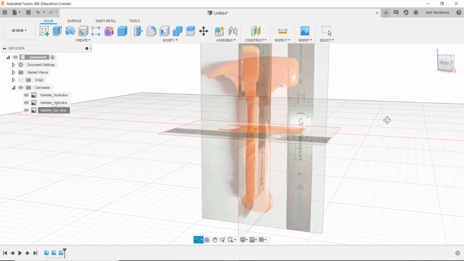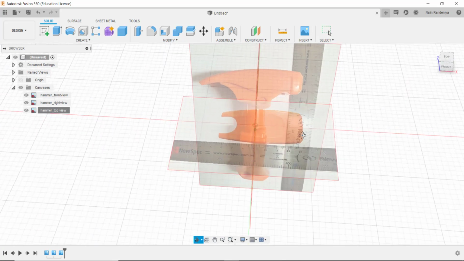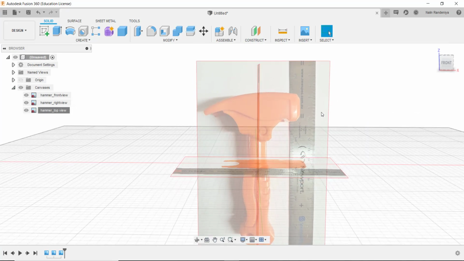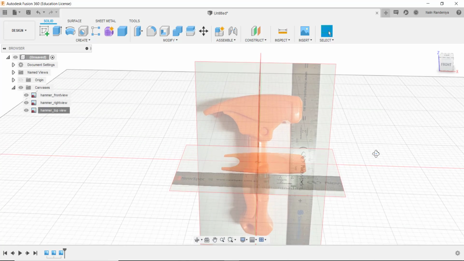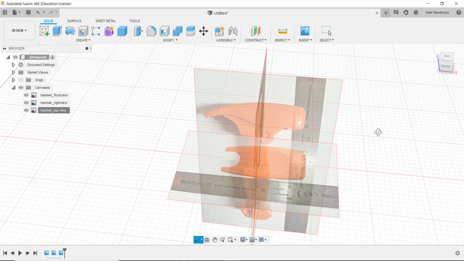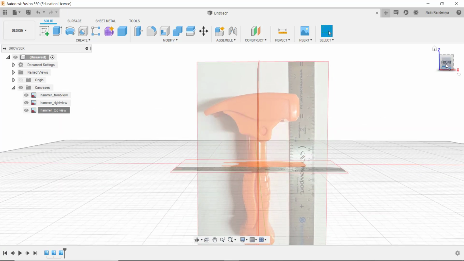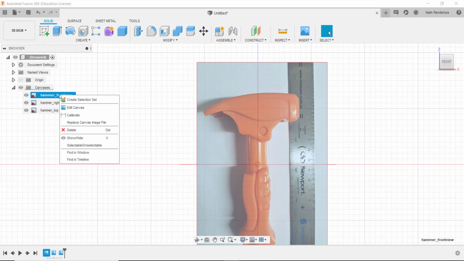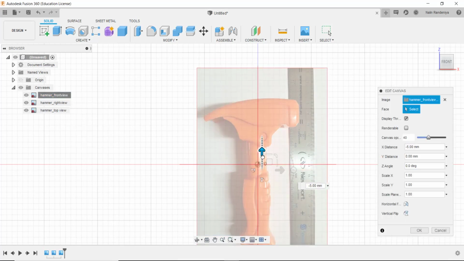Okay, so let's have a look around. So the top view is actually showing something, this hammer head where my mouse pointer is at, that section. So this is actually not a cross section, so it's really difficult to have the exact position and represent all the features. So we can do as close as we can. So I'll go to front view. What I'm going to do is have this top face sitting on the x-axis right here. So I'll move it down. Front view, right click, edit canvas, move it down